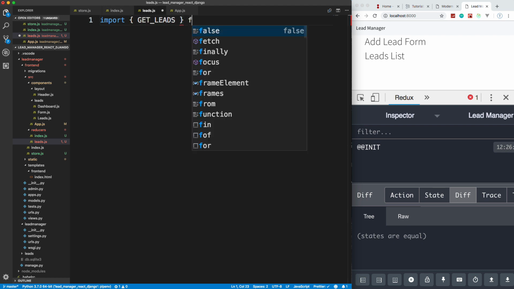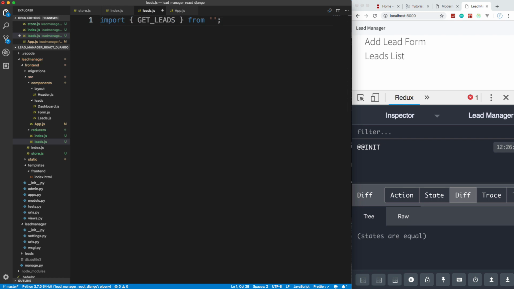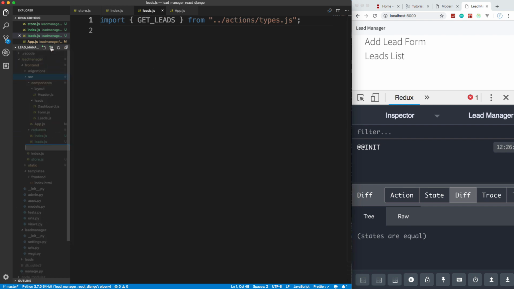get_leads, and that's going to be from, and we're going to have a folder called actions. So we'll go out of the reducers into actions, and then a file called types.js. All right, now we don't have this file, so I'm going to go ahead and create it. So in source, we're going to create a folder called actions. And in actions, we're going to create a file called